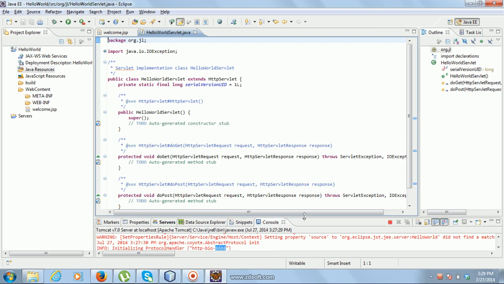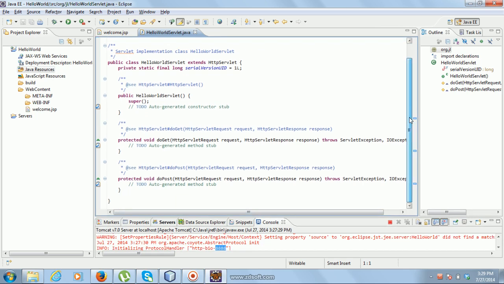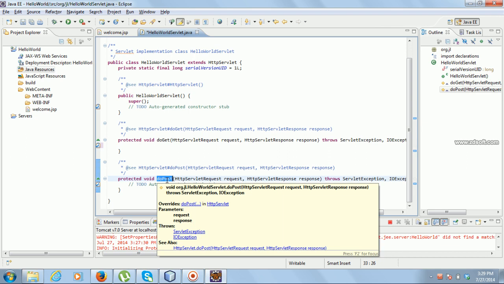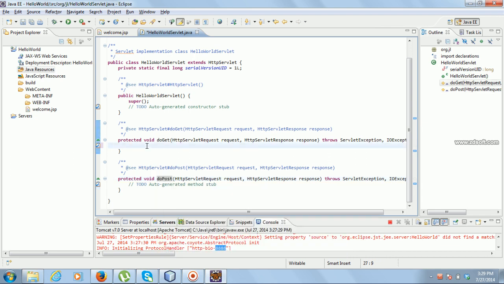You need not write it, the default code is already ready. So just add some content. If you use the get method, doGet gets called. If you use the post method, doPost will be called internally. So write some content in both. Out.println